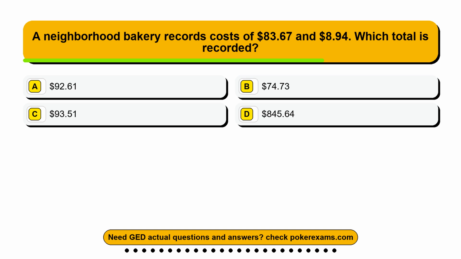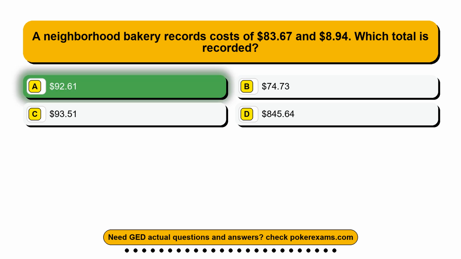Question 5. A neighborhood bakery records costs of $83.67 and $8.94. Which total is recorded? Option A, $92.61. Option B, $74.73. Option C, $93.51. Option D, $845.64. The correct answer is option A,